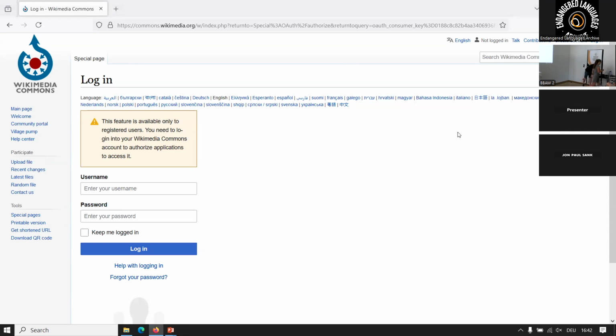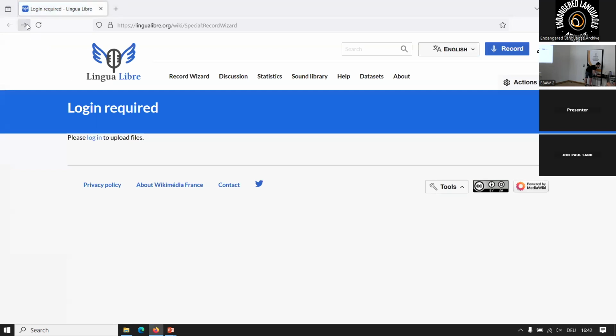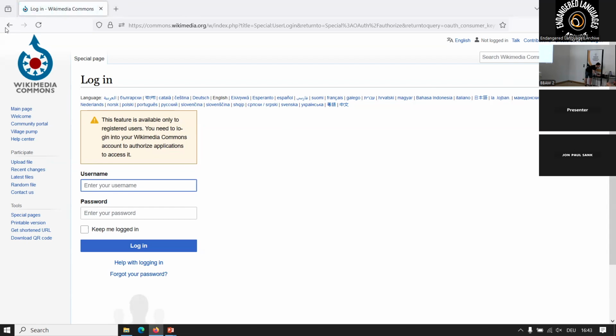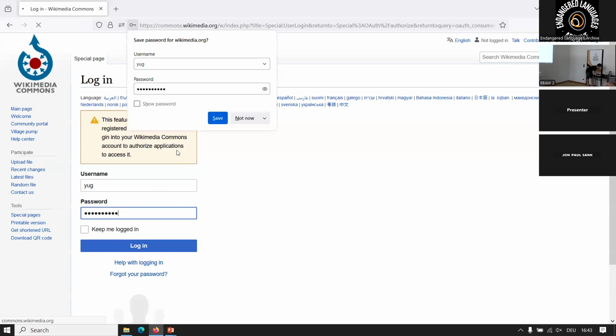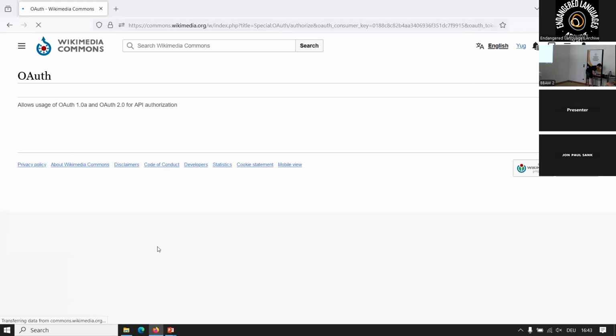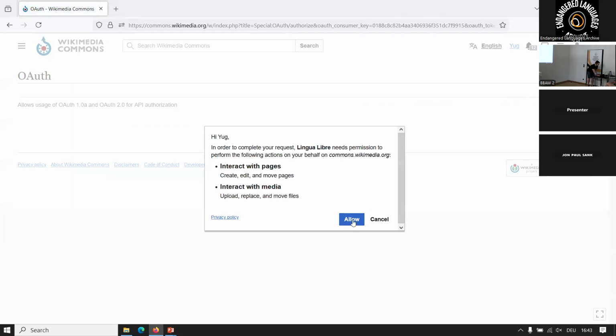Okay, so I just come from our website. I connect. I go to the Wikimedia Commons website, then I log in. Okay, it sent me back to the app.